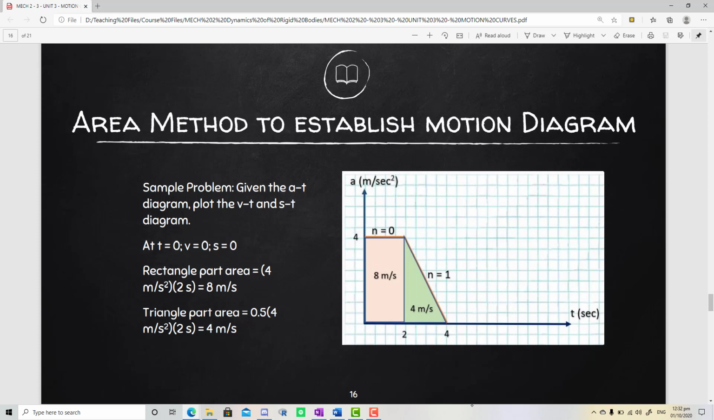Similarly, in the triangle, the area is 1/2 times base times height. Your height is still 4 meters per second squared, and the base will of course be the interval, not 4, because we are talking about the change. So 4 minus 2 is 2 seconds, and that will have an area of 4 meters per second. Continuing,